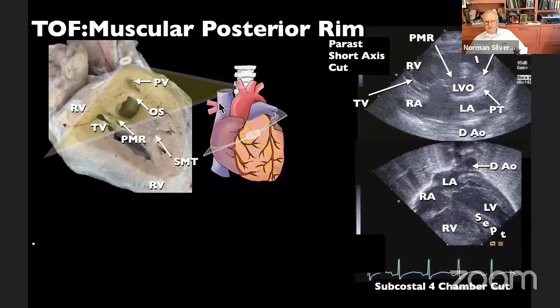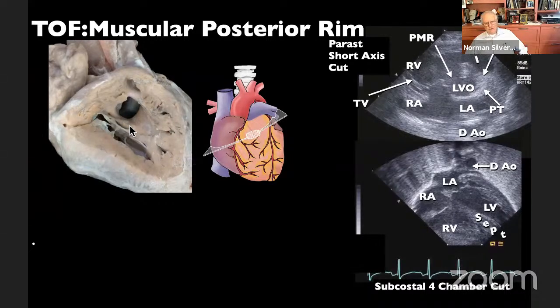And here in the parasternal short axis, or from a subcostal coronal cut, we can see the differences here. This is the right ventricle has been opened here. Here is the deviated outlet septum, which we're going to concentrate on again. The septoparietal trabeculations narrowing the outlet into the pulmonary trunk. The aortic root behind here. But here you can see there is a posterior muscular ridge here. So here is the Y of septal band, but it's much more enhanced by this posterior muscular ridge. Here's the septomarginal trabeculation. And here you can see that beautifully.